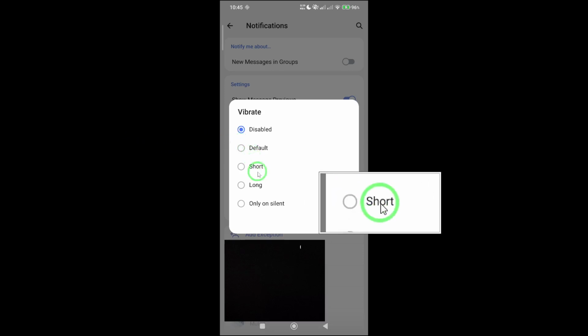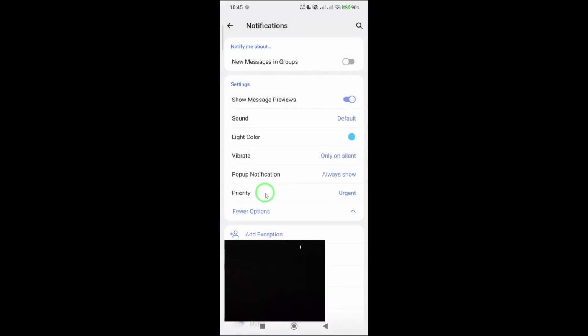Select Only on Silent. This setting ensures that your phone will only vibrate for group messages when your device is set to silent mode. When your phone is not on silent, you won't get vibration alerts from group chats at all. And that's it. You've now customized your Telegram notifications to be less intrusive while still staying informed when it